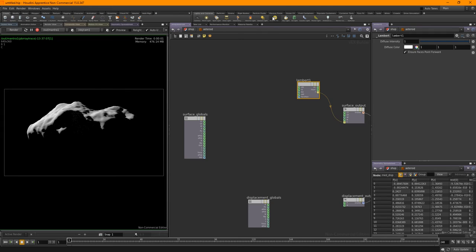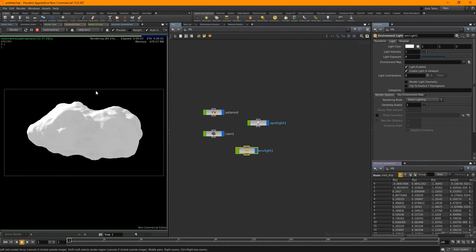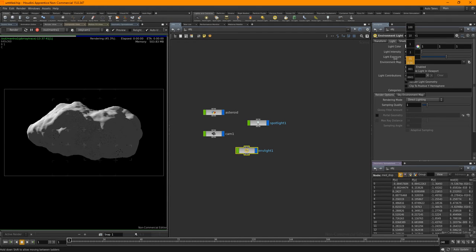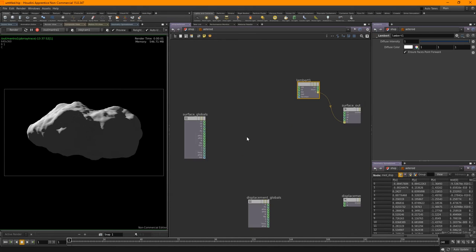With that, I'm going to stick down an environment light, go back to render view, and it's going to blitz it out entirely. I'm going to drop the intensity down significantly. This is space, so you need some level of contrast, but I want to have some level of GI in there, so I'm going to call this Asteroid GI. Okay. Right, shop. Asteroid. Let's jump in.